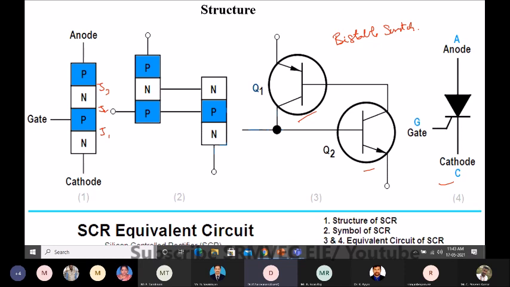What is the difference between this component and other components is very important. In this we can control large current. In many power electronics applications this structure will be used because it can take current in terms of 100 amps and voltage in terms of 1000 volts also. So it plays a very important role.